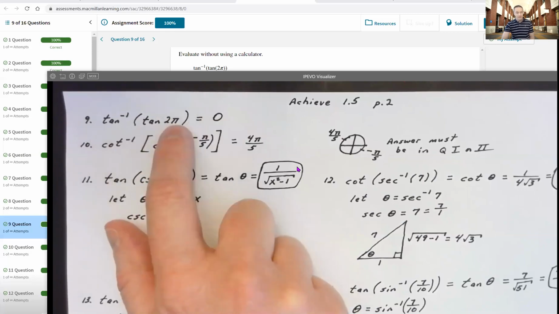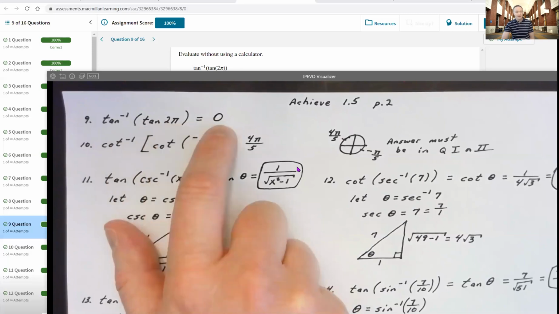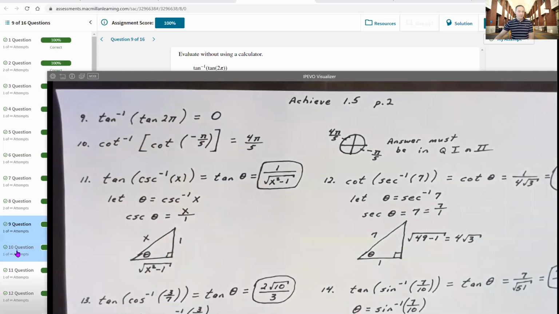You cannot give me an answer of 2 pi, but at 0, the tangent is the exact same thing. That has to be our answer. Now for number 10 here,